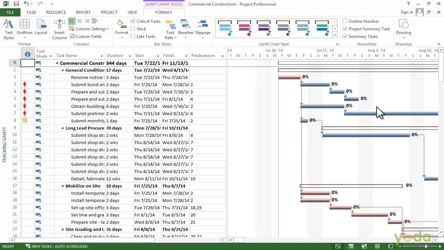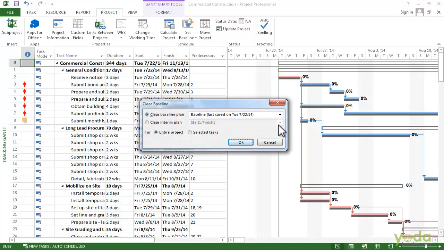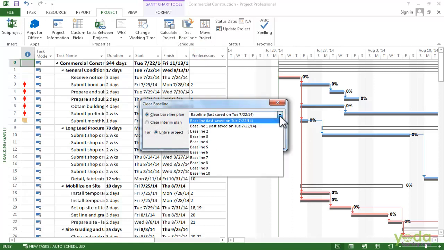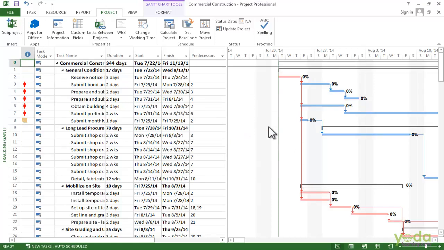On the other hand, suppose the baseline is no longer relevant. Maybe the project has a new direction. Well, you can clear a baseline. Go to the Project tab, click on the drop-down and select Clear Baseline. Now select the baseline that you want to clear. Choose the baseline you want to clear here. I'll choose Baseline 1 and say OK. And you can see the Baseline 1 task bars went away,